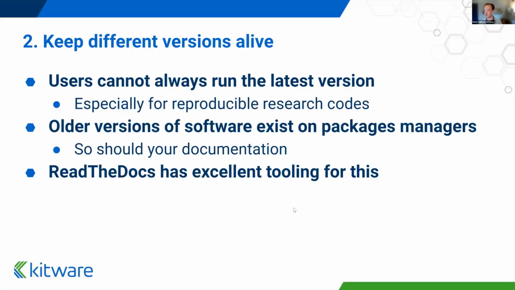There's lots of great examples of big community projects that make sure that their software is available or documented across versions. And sort of a point that I like to use that justifies this whole thing is, well, your software, when you publish it to a package manager like PyPI, the Python Package Index, or Conda, or insert name packaging infrastructure for your coding language, it maintains a history that cannot be changed of your release versions. And so your documentation should match that as well, because people can always go back and install a previous version. But if the documentation's missing, then effectively a lot of those previous versions can be really tough to use, if